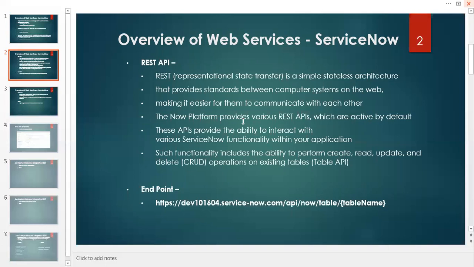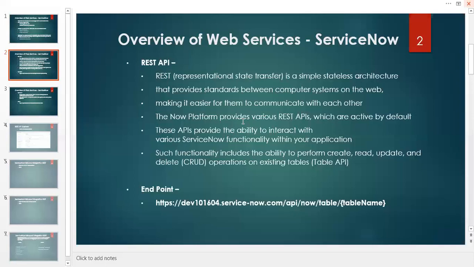Like the previous slide, we were also discussing the same thing, enabling two systems to communicate with each other for exchanging data. So basically, web services allow you to communicate between two systems using two protocols or methods, that is REST and SOAP. Here we are talking about REST.